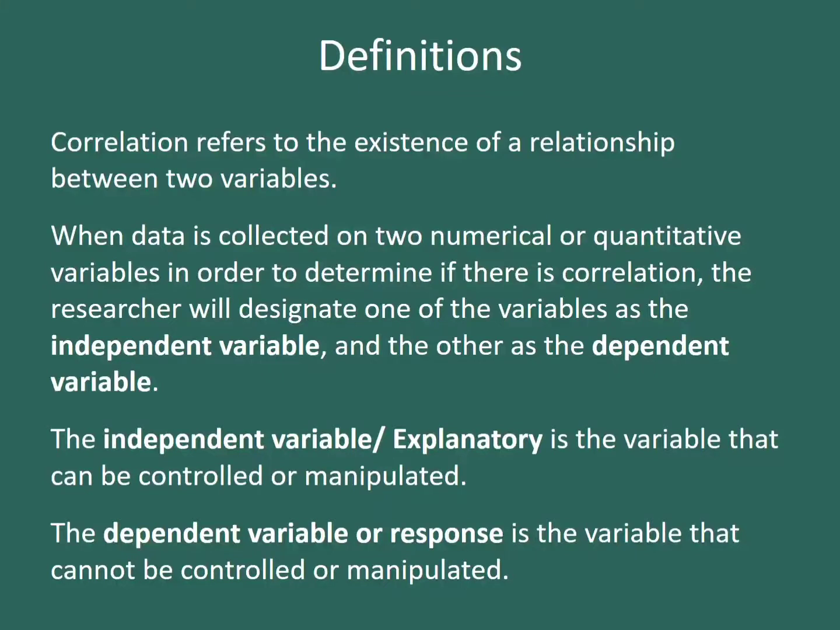The dependent variable or response, so the one that a response occurs to, so it changes, it depends on the independent variable, is the variable that cannot be controlled or manipulated. So in the example that I just gave, the carbohydrates, right? The carbohydrates, I can control how much I eat. So I can control it. It is the independent variable. It is trying to explain